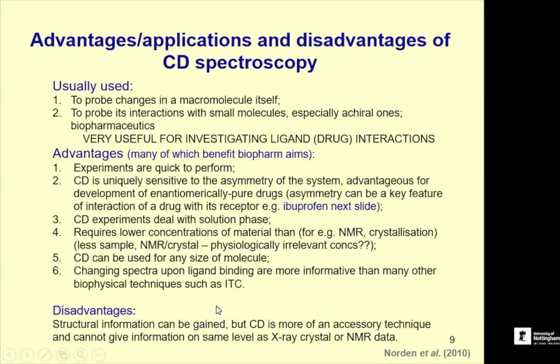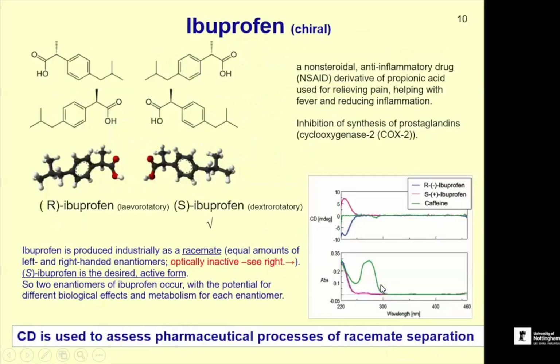So disadvantages, you can get some limited structural information, but of course it's nowhere near the amount of structural information you're going to get with NMR or X-ray crystallography for solving structures to atomic level. You can't do that. So it is used widely in biopharmaceutics for looking at drug interactions in particular, as I've already mentioned. So this is just to reiterate what I've already said, I think, really,